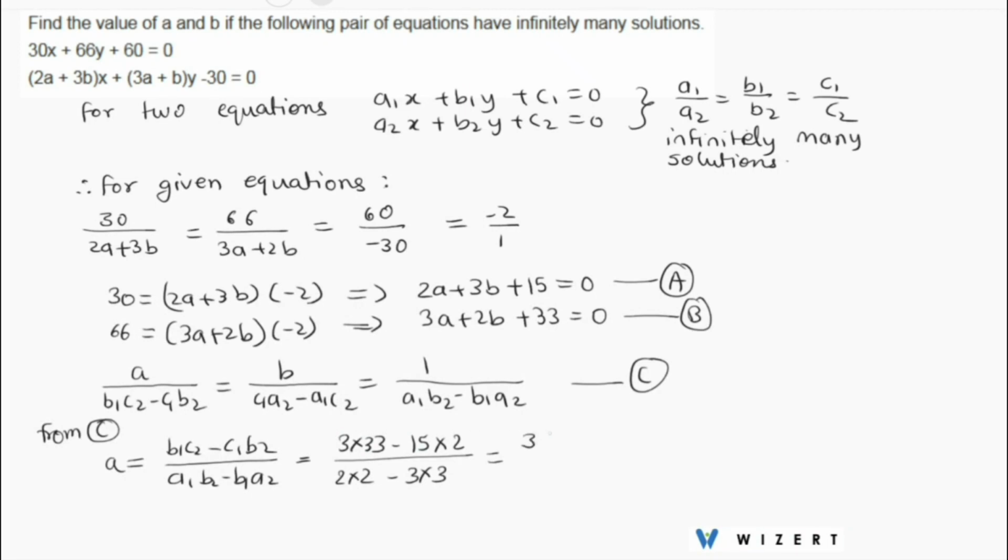So we have 33 minus 5 2s are 10 divided by 2 2s are 4 minus 9, so which is equal to